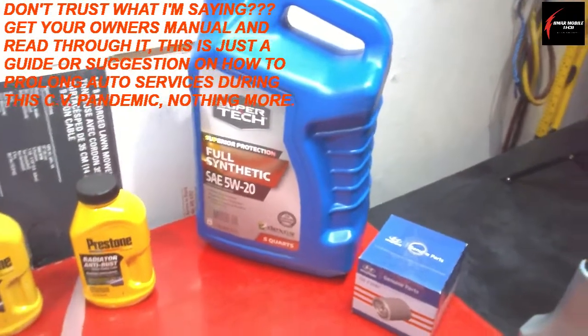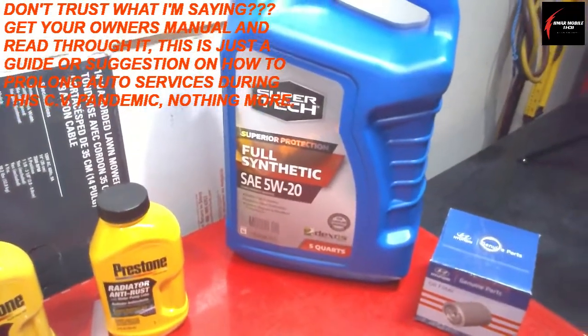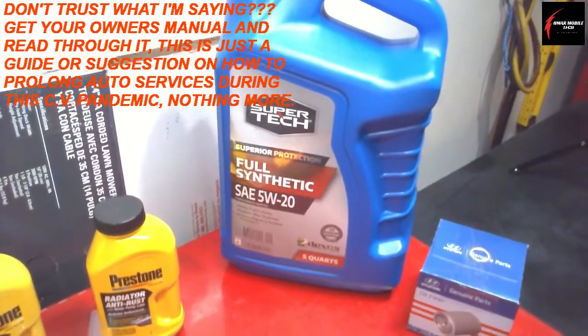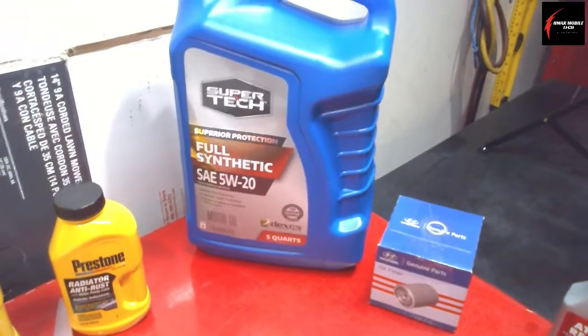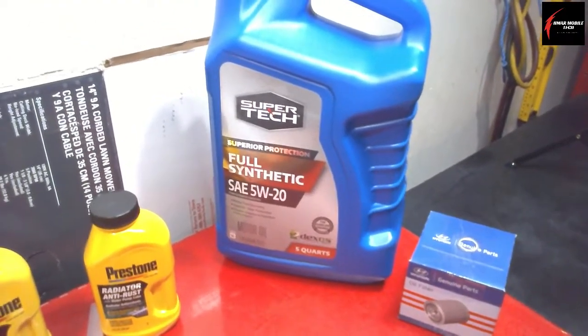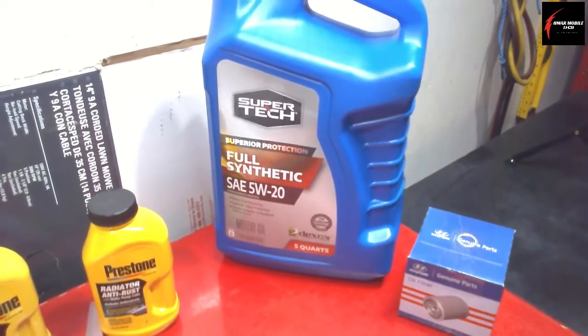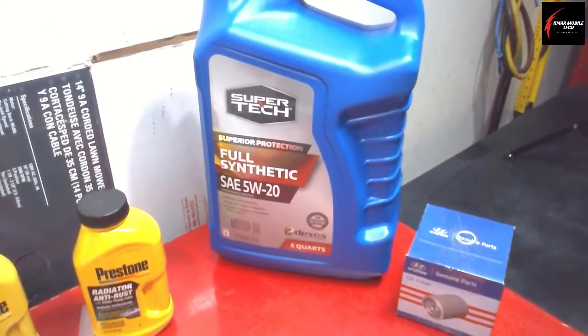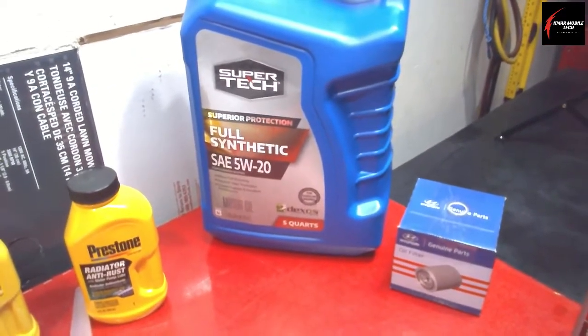If it's a high performance engine, you wouldn't want to put this full synthetic in. What I've got showed here in the video is a SuperTech, and that's a Walmart brand. So you wouldn't want to use that, and you'd want to use a recommended filter and the recommended oil. But for pretty much every Japanese and American made car out there, you can get away with using this. And this is a high quality oil, and it has the highest standards for gasoline engines